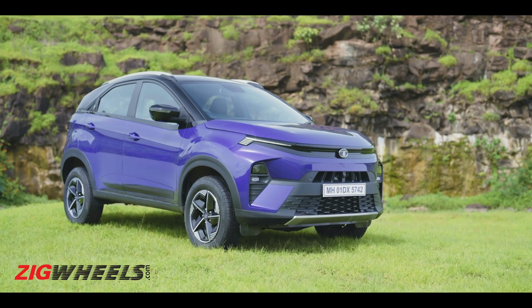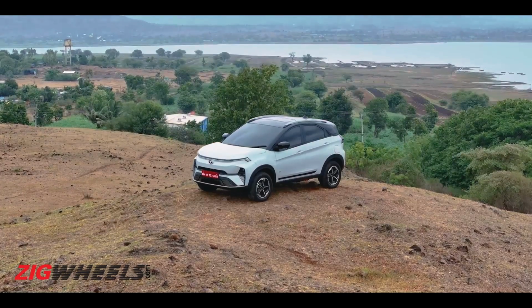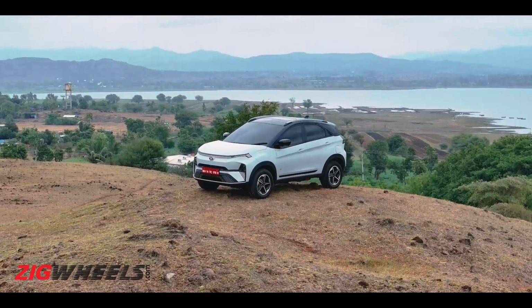September 2023 has more or less officially become the month of the Tata Nexon. We've just come back from the drive of the Tata Nexon petrol and diesel. We're going to have the launch of the Nexon series on September 14, and now we're coming hour or two. We just came back from driving the Tata Nexon EV, and no suspense to this analysis slash review. If you want to get the Tata Nexon in its best form, in its latest form, get the Tata Nexon